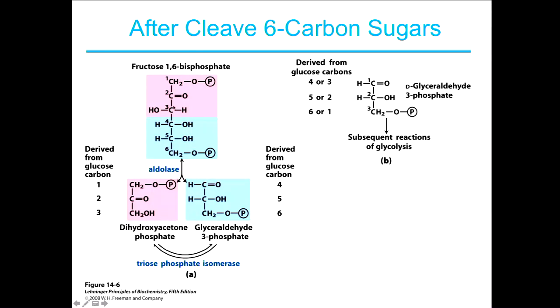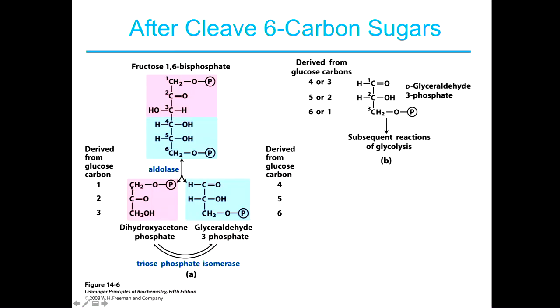Okay, so now if we put that in a test tube and add aldolase and triose phosphate isomerase, we can say that carbon 1, which is a carbon-14 isotope,